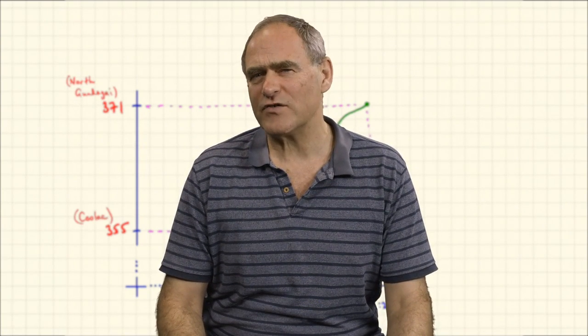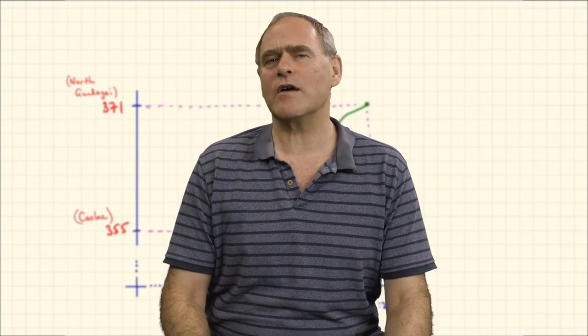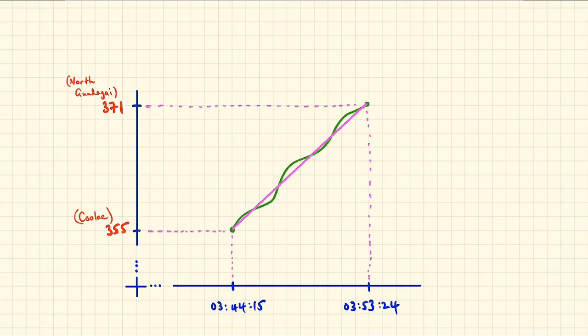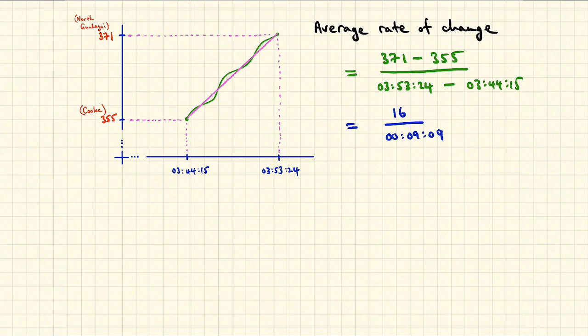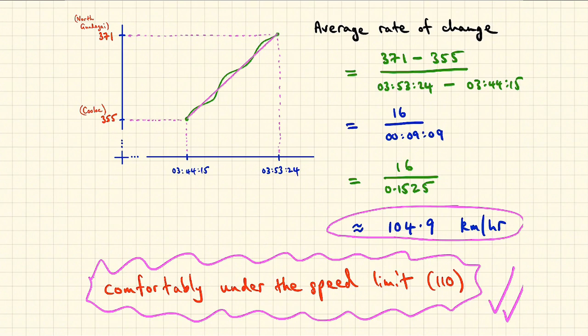I drove fairly smoothly, but not exactly uniformly over that stretch. To get the average rate of change, we join the endpoints and find the slope, which is the vertical rise over the horizontal run, which becomes 16 kilometres divided by 9 minutes and 9 seconds. The denominator converts to a decimal and the fraction evaluates to about 104.9 kilometres per hour. So my average speed for this segment appears to be just under 105 kilometres per hour, safely within the speed